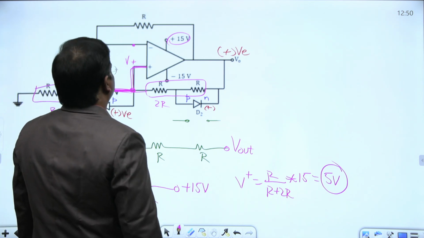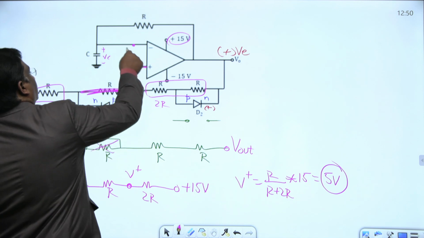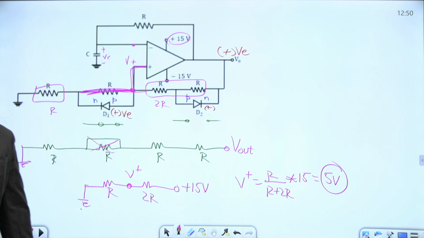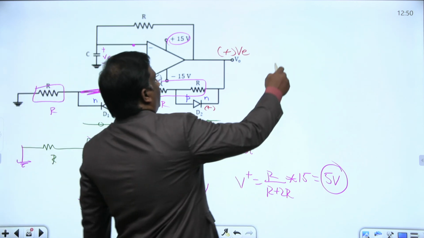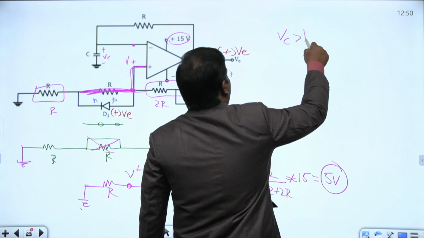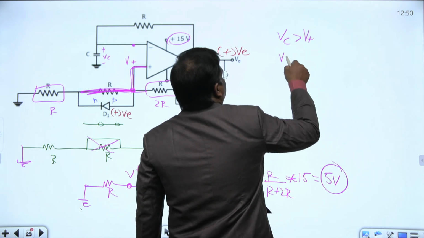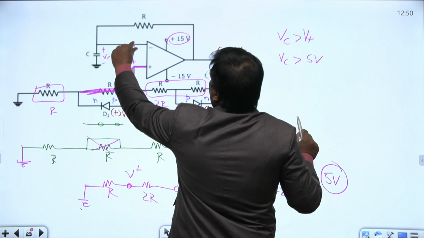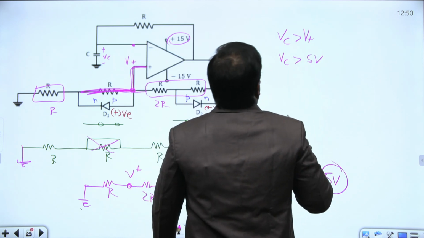And here this capacitor also charges to 5 volts. V plus equals 5 volts. That is, when VC is greater than 5 volts, VC greater than V plus,